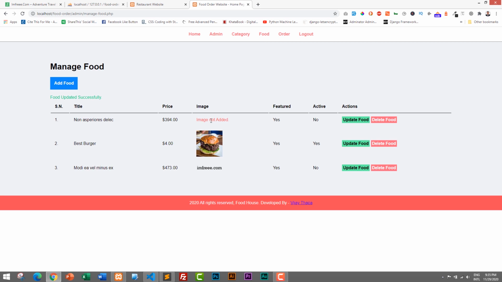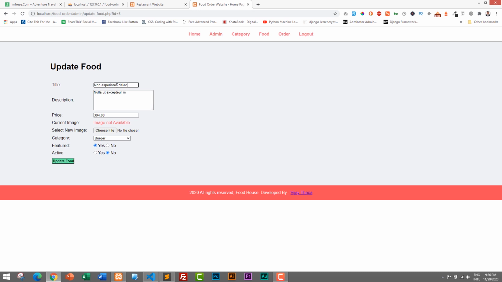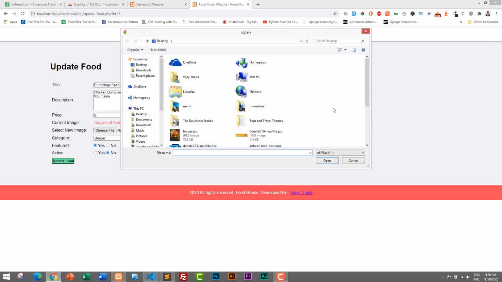So I'll go to admin panel, and I will add image on this, and I'll also give the proper name. So update food, and here I'll give dumpling special, chicken dumpling with mountain herbs, with herbs from mountains. Okay, so let's give dumplings, and let's give it as $5, and then choose image, and here I will copy